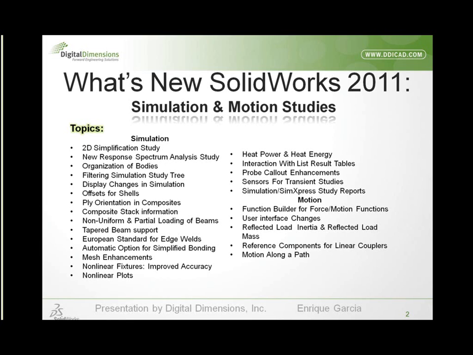For simulation, something huge which I'm glad was brought up this particular release was the ability to do a quick, easy way of simplifying your geometries in 2 dimensions. We typically go in and we do this automatically. We will either cut off a section or a pie shape for a cylindrical turned part, and we'll add some constraints to it, which will simplify our models. SOLIDWORKS has done something very similar and more convenient at the initiation of the study, which we'll go ahead and